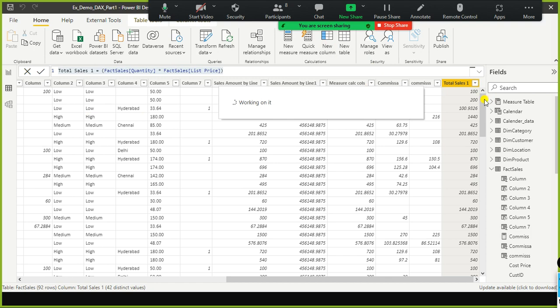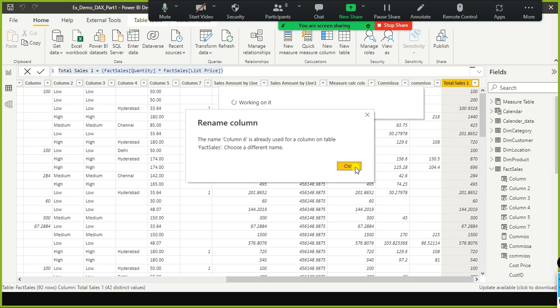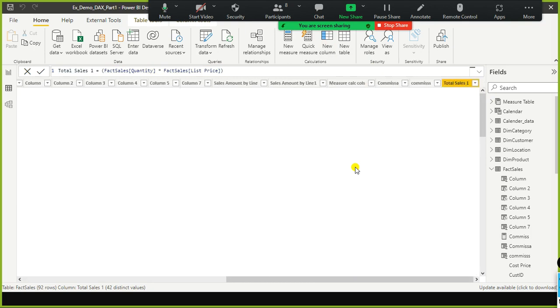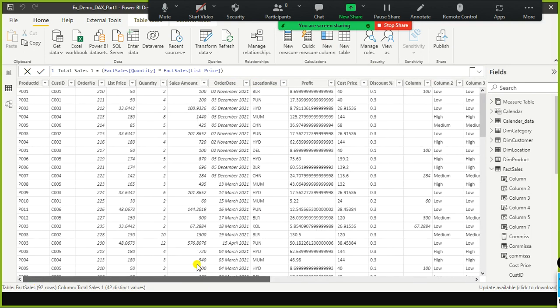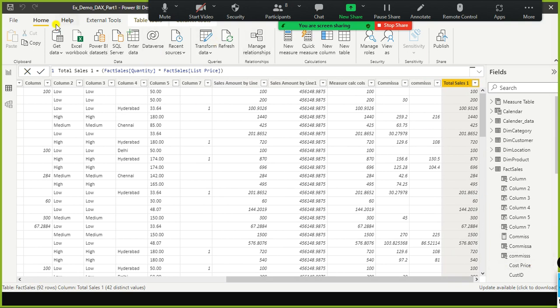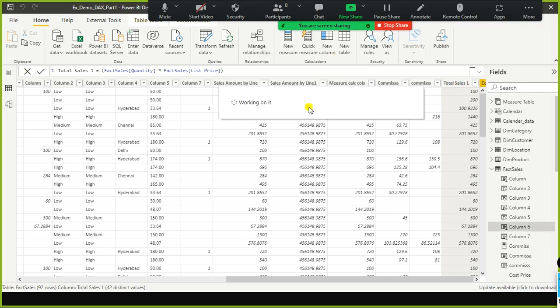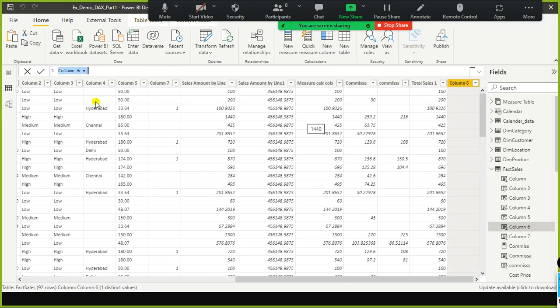Any calculated column you create is doing row by row calculation only, right? So what happened? New column. Okay, so now what I do is,